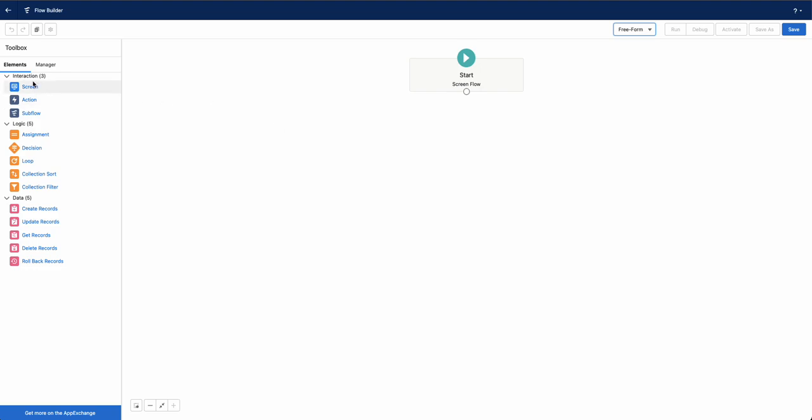See here we have a few elements. We have a screen. We will come to this in a moment, just to make your actions visible. Then we have actions, like the actions from the workflow itself. We have email alerts, tasks, and so on. Here you have the logic, and then here we have the ability to create, update, and delete records. Basically,